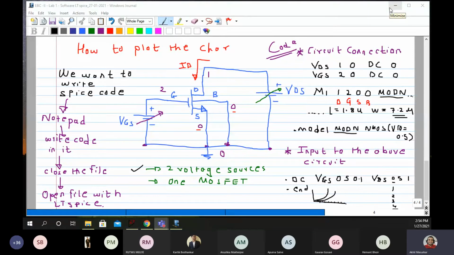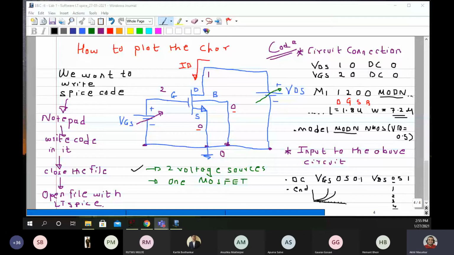What should be the extension of the notepad file? It can be anything. Now Shubham, if you are using ngSpice, then it has to be .cir. But when you are using LTSpice, it does not matter.